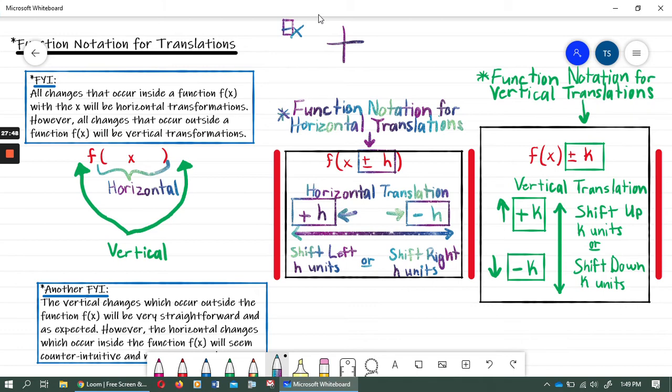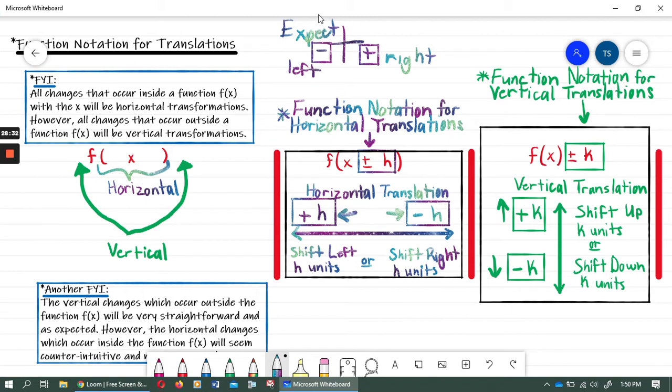All right. So again, guys, I'm going to erase this after I write it. You would expect the positive x values to be on the right side, and the negative x values to be on the left side on a coordinate plane. That's just what we would normally expect. For the x values, you would expect positive to be right and negative to be to the left. Now, I've already told you in advance, guys, that those horizontal changes